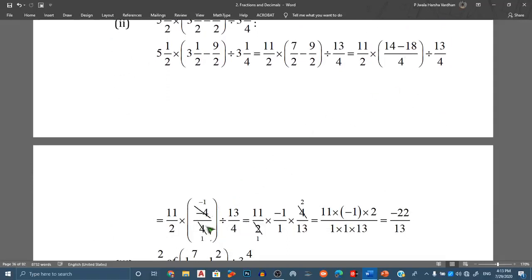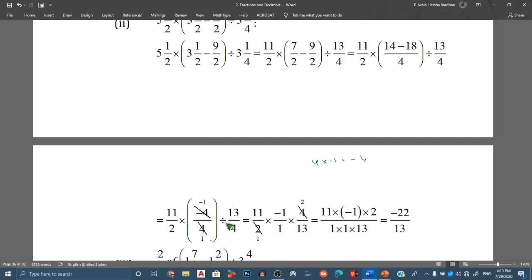Now you can cancel 4 with minus 4. 4 1s are 4, and 4 into minus 1 equals minus 4. So you will get minus 1 by 1 here. And you can write it as 11 by 2 into minus 1 by 1 into, now you have to